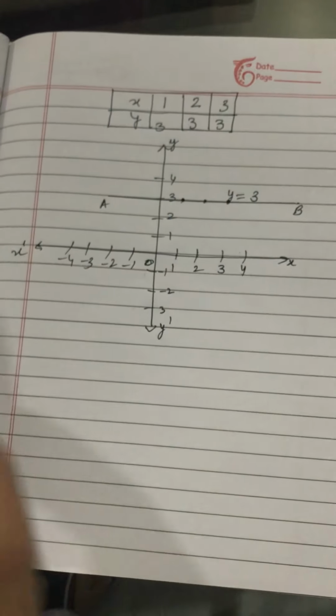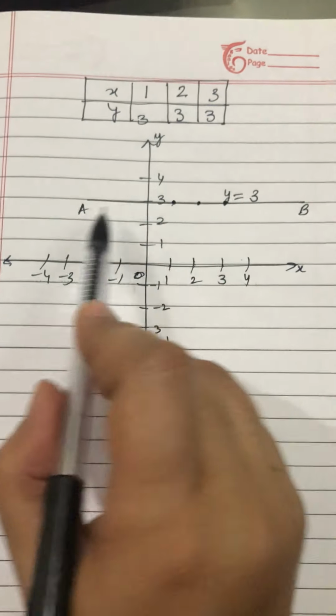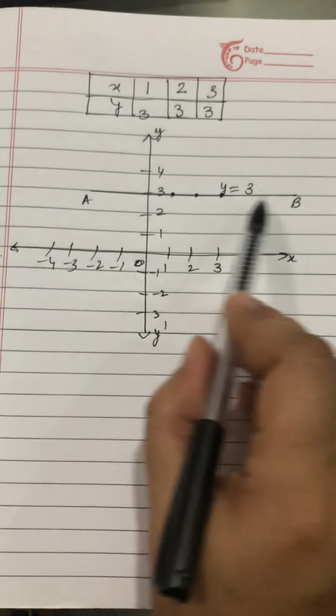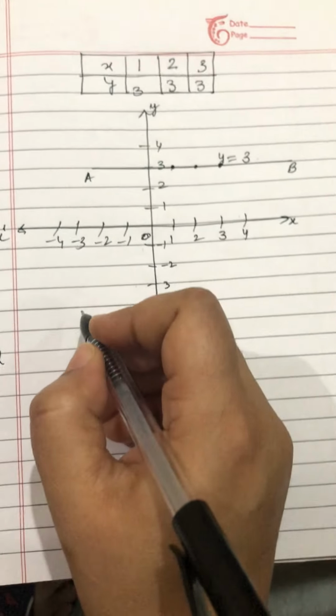As you can see, the variable used is y. So the graph of y is equal to 3 will always be parallel to the x-axis. So this was question number 1. Now question number 2 is,